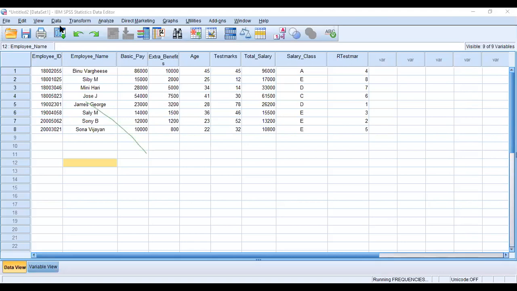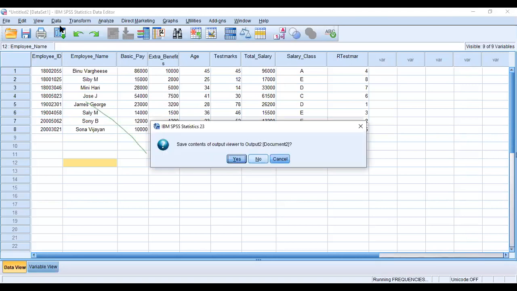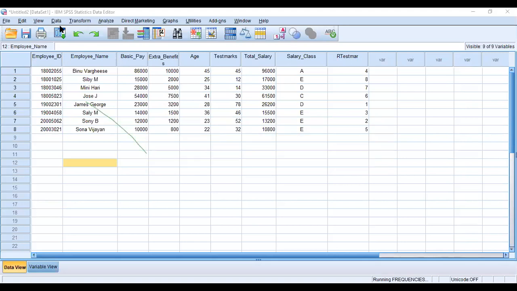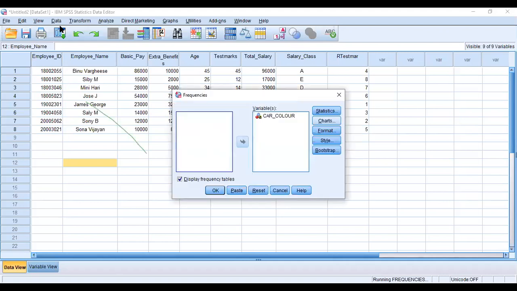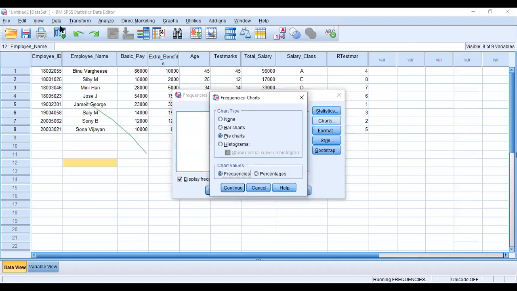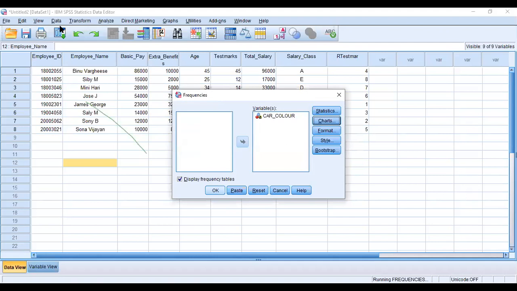Or pie chart order analysis. Okay, I'm closing. Wait. Again, analyze, descriptive statistics, frequency, car color. I'll go to the frequency, display table. Okay.